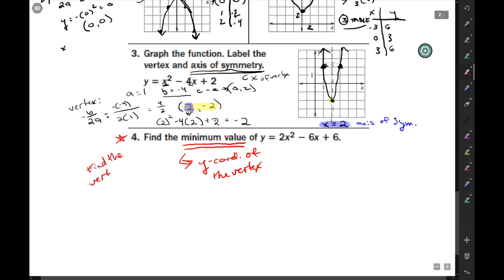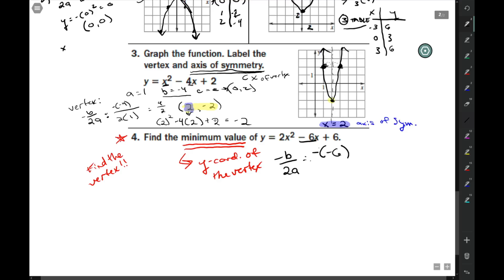Okay, if you do that much, you've done even more work than what you need to do. Find the minimum means find the vertex. Okay, which means we need -b over 2a. b is -6, so it's